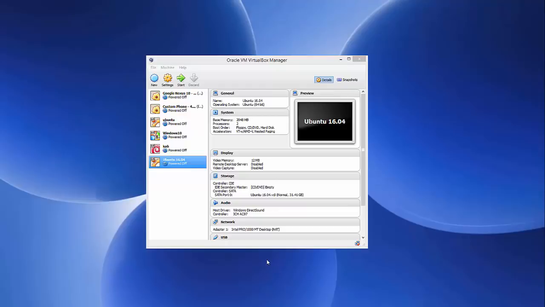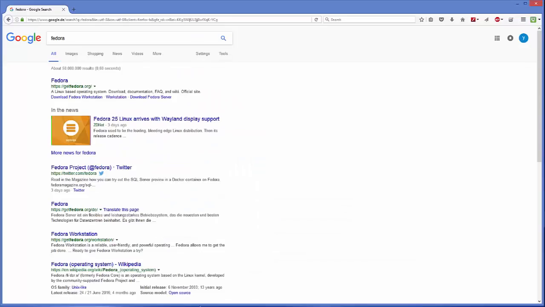So I am not going to show you how to install VirtualBox. Just install VirtualBox and open VirtualBox for now. Okay. Now we are going to download the Fedora ISO file. So just open your favorite browser and search for Fedora. And the first link which will appear here will be